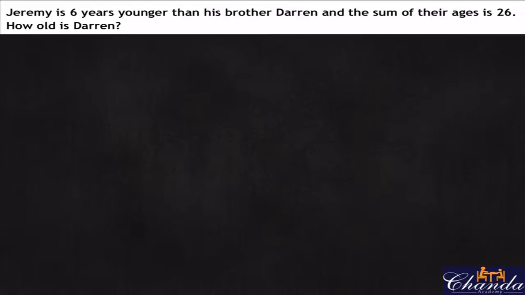Alright, so this particular question says, Jeremy is 6 years younger than his brother Darren, and the sum of their ages is 26. So how old is Darren? Alright, so Darren is what we need to figure out. So Darren can be X years old. Jeremy, as it says,